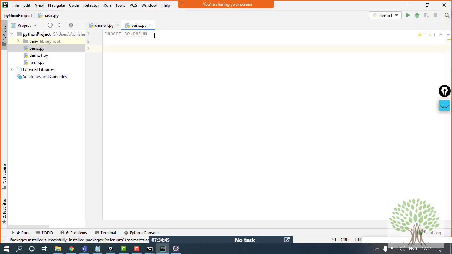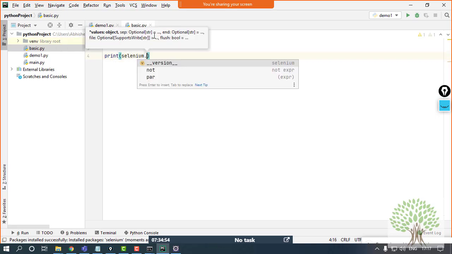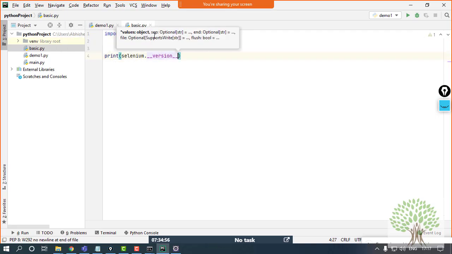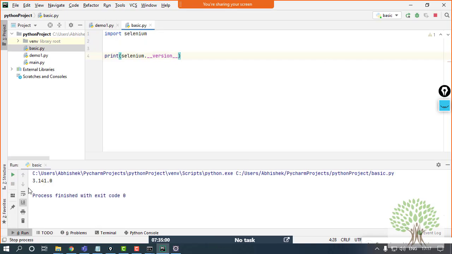So now if I have to check again, here also I can check the version, name, path, etc. Selenium.version. So if I run this, run basics, this is the version that I got. Fine.